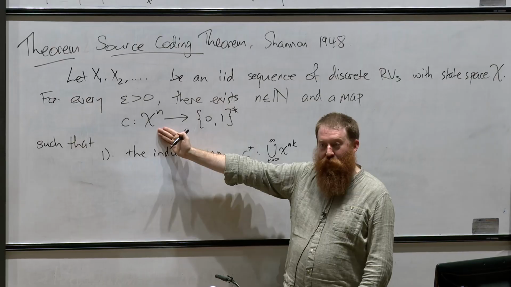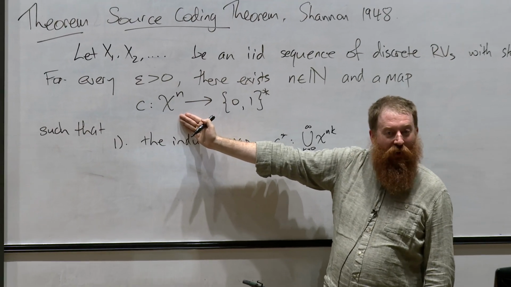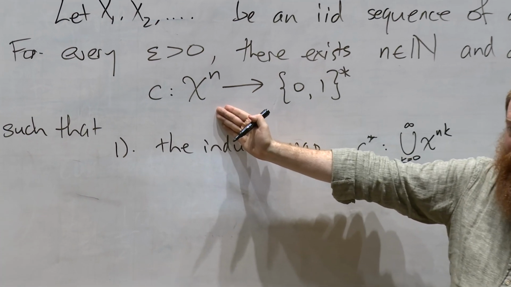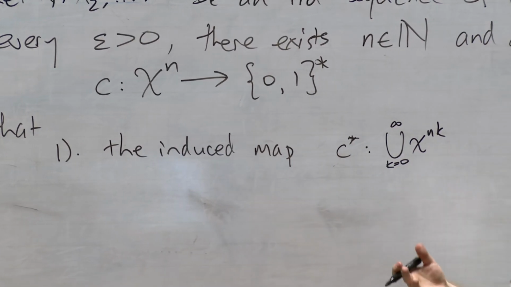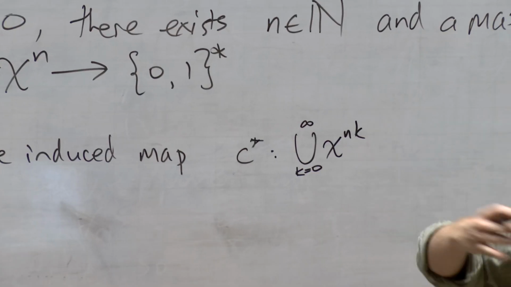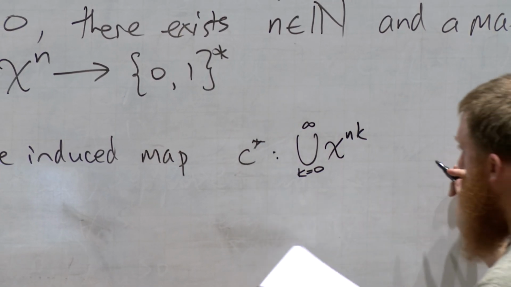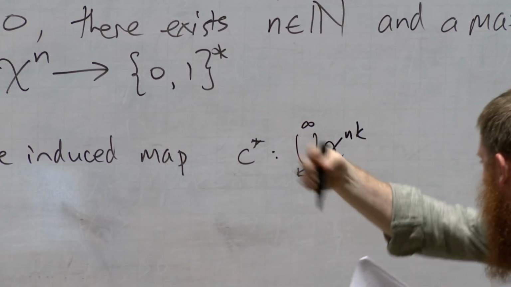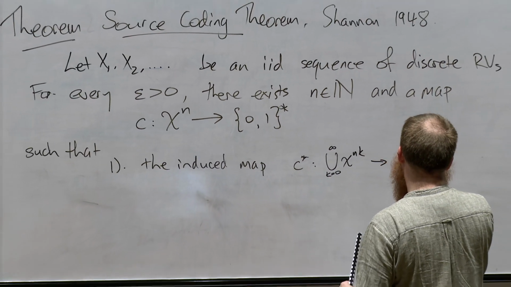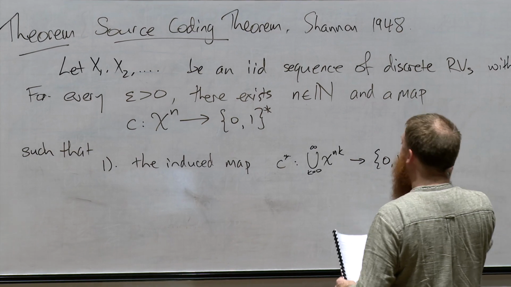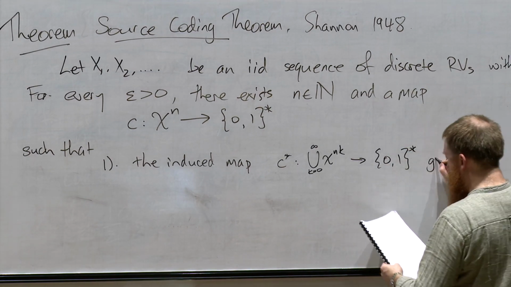So if n equals 3, I can encode anything as long as its length is divisible by 3. Okay, so 3, 6, 9, etc. is fine, but 7, I just don't know what to do with that. I'd have to pad it out to get it up to a multiple of 3. So this is now a map from 0 to 1 star, given by,